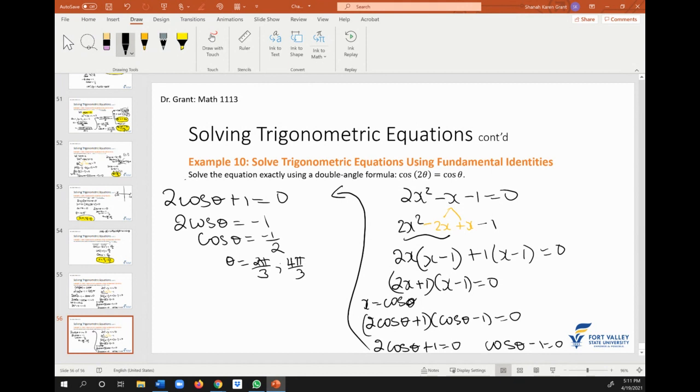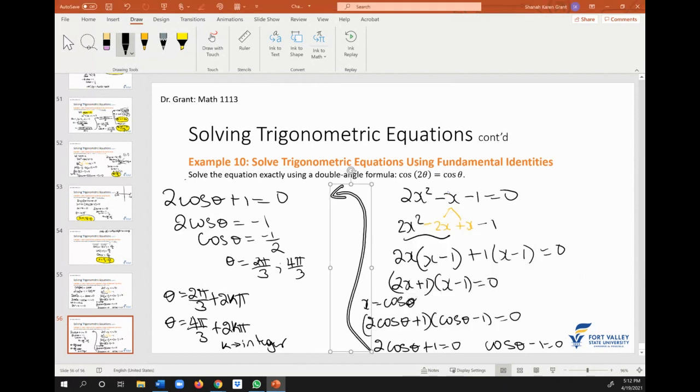Now, they didn't give us a restriction, so in this instance, we also have to account for other rotations. So theta is 2 pi over 3 plus 2k pi, as well as 4 pi over 3 plus 2k pi. Again, k is an integer. So that's only for the first one. Now for the second one,